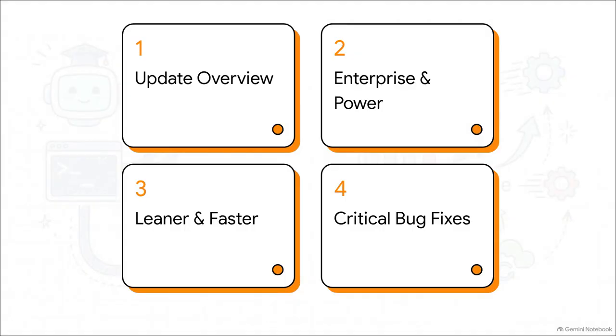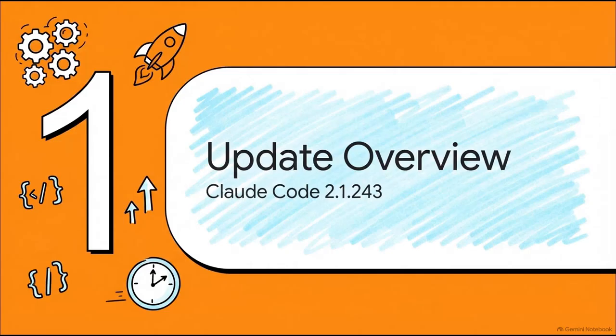Here's our roadmap for today. First, we'll do a quick overview of the 2.1.243 update. Then, we'll get into the enterprise and power features. After that, we'll cover performance, specifically how it's leaner and faster. And finally, we'll wrap up with the critical bug fixes. All right, let's jump straight into Section 1,